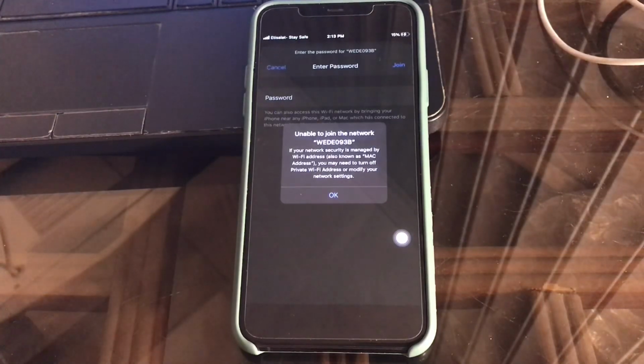So in this video, I'll tell you how to fix the unable to join the network error on iPhone and iPad. Many iPhone users have been getting frustrating errors while trying to join a Wi-Fi network on their iPhones or iPads these days. When users try to connect to their Wi-Fi network at home or office, they get this unusual error all of a sudden and are unable to join the Wi-Fi network. So in this video, I'll tell you how you can fix this issue of unable to join the network error on the iPhone and iPad.